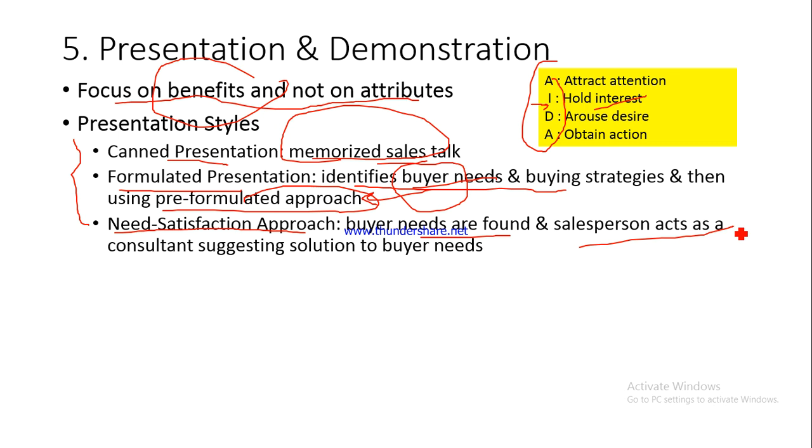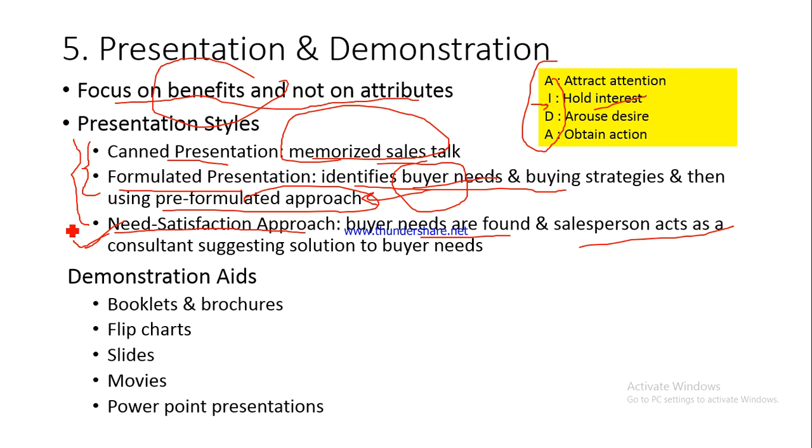So you are not trying to just sell your product. The objective is to sell a solution to the buyer so that the buyer is able to solve whatever problem he is facing. And once he is able to solve that particular problem, he will always be satisfied, and then he would probably purchase again from you. So this is the objective here, right? And so you can understand that this is the best approach. However, when you feel that different buyers may not have widely different needs, may not have widely different requirements from the product that you are selling, then you can go for these two approaches also, because in that case you don't need to customize your presentation, right?